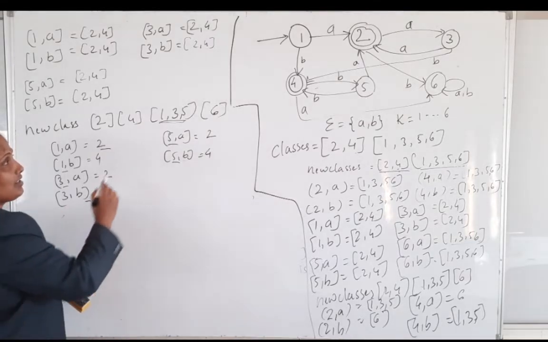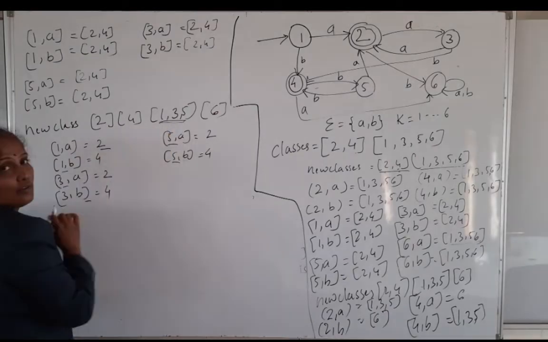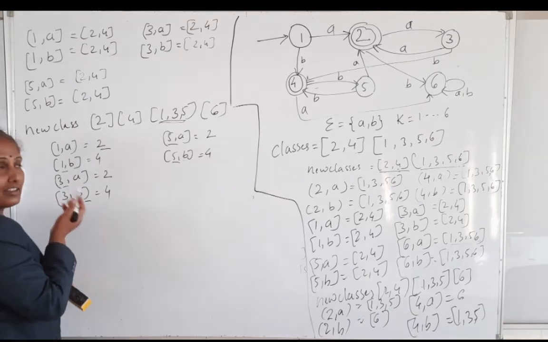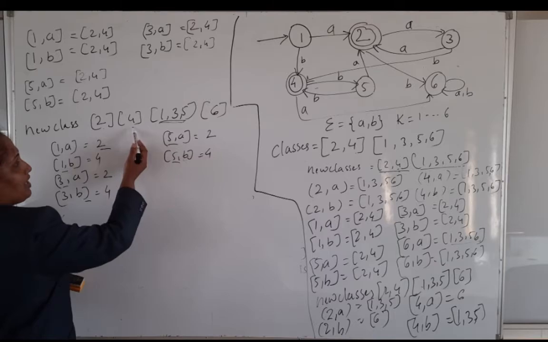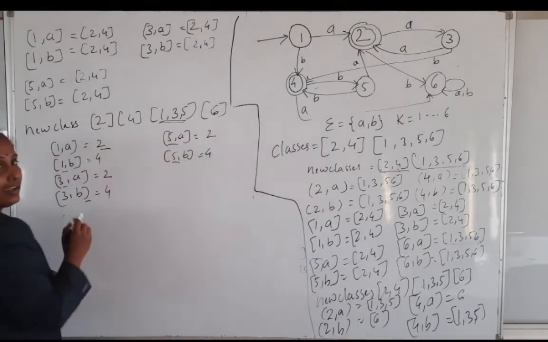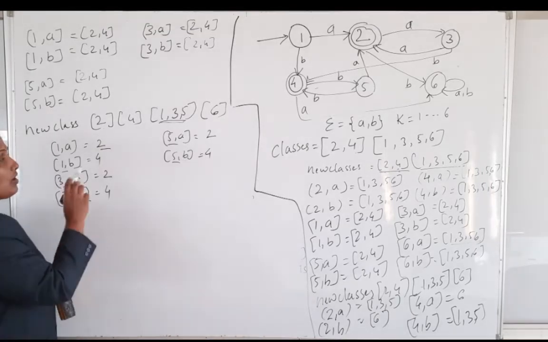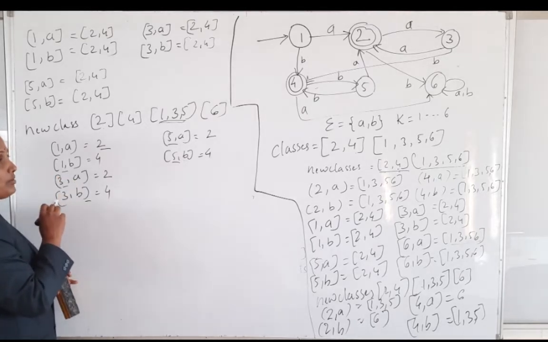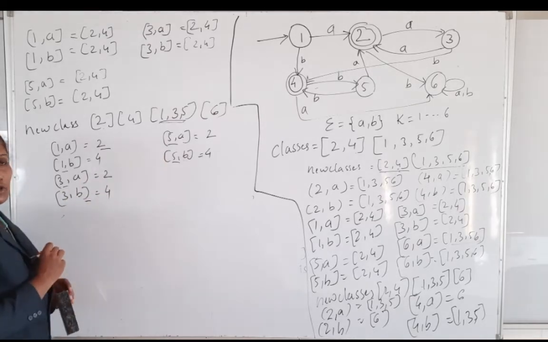So these states are indistinguishable states. So I will not divide these further. So this is a separate class which has a single state. A single state you can't divide further. 4 is a separate class and 6 is a separate state. So 1, 3, 5 I can't divide because these are indistinguishable states. Based on the states I get after checking the input symbol from these, I am going to reach the same state. So based on that I can say these are indistinguishable.